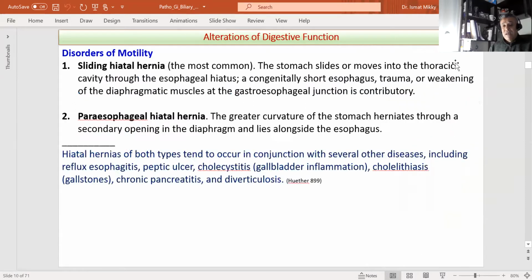The hiatal hernia, as we said, has two types. Hiatal hernia is a type of diaphragmatic hernia, and as we said, it's a protrusion or herniation of the upper part of the stomach through the diaphragm into the thorax. Now, the two most common types are, the first one, a sliding hiatal hernia, and the sliding hiatal hernia,